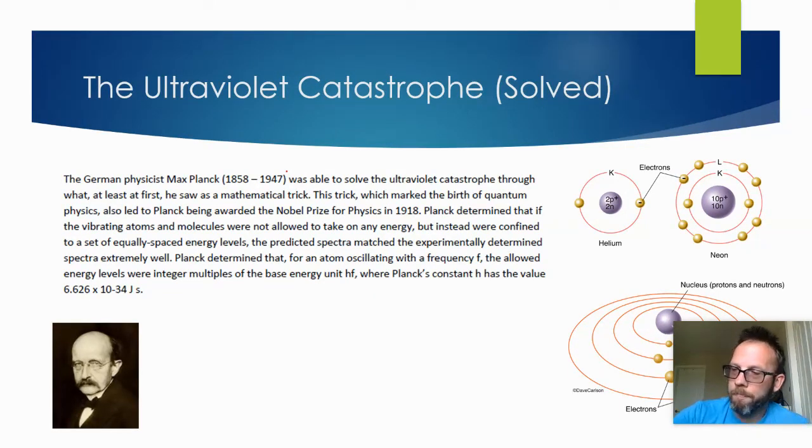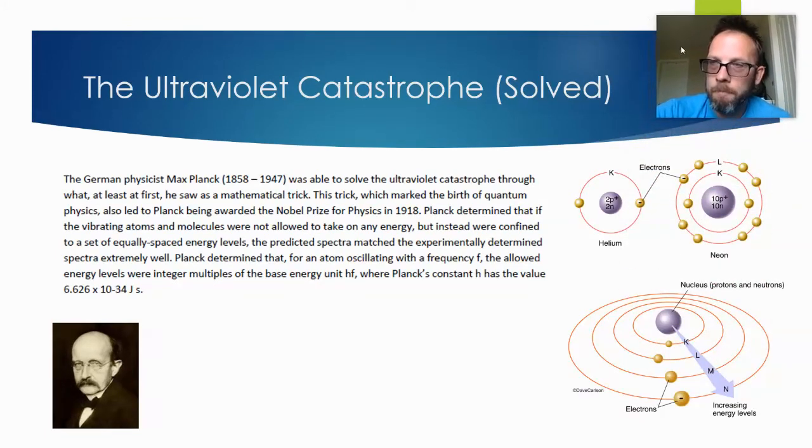All right, so how was it solved? The German physicist Max Planck, and we'll see in a moment, he has his own constant named after him, was able to solve this UV catastrophe through a trick. At first, he was just like, I'm going to try this mathematical trick. He didn't actually know what was going on behind the scenes. But the trick was saying that